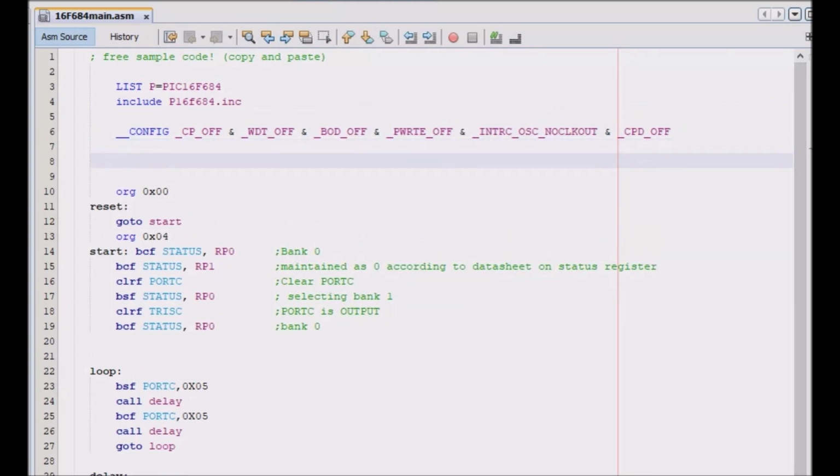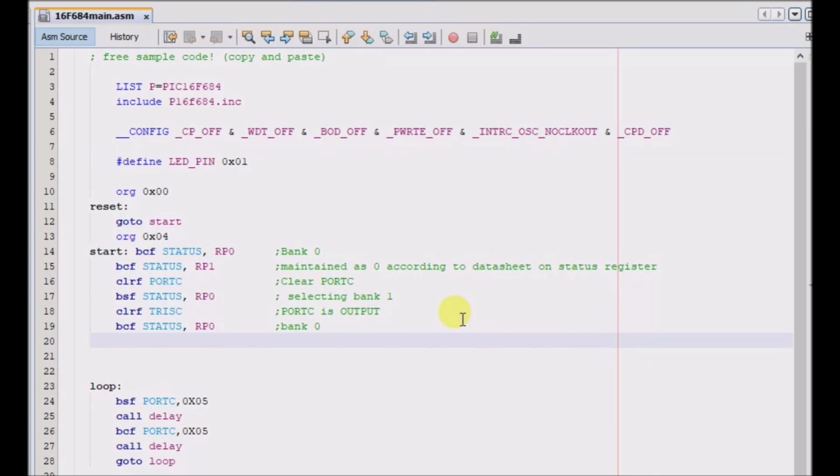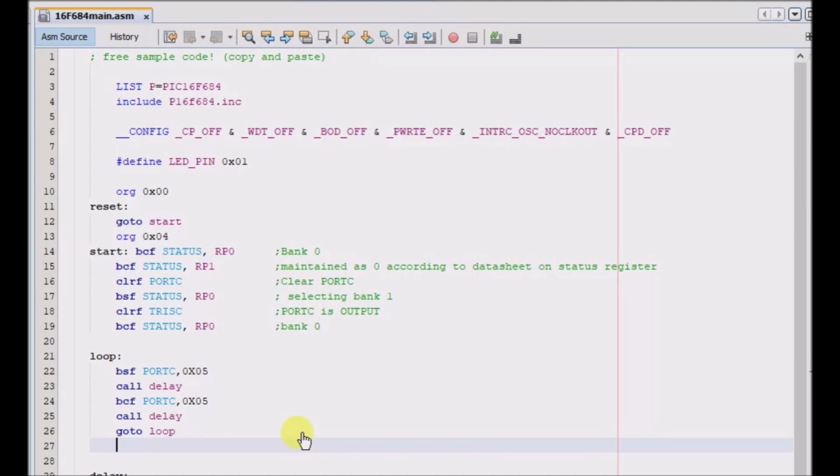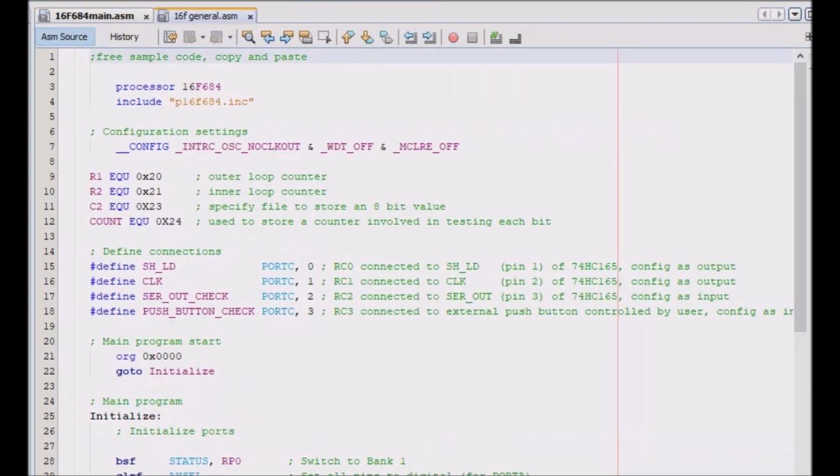Okay, it's not contained in this code, but I guess you can define constants, and then when you write your code, well, maybe that's not the best place to put it, you could use that constant that you defined up here. You can just use that value rather than... Well, here's another